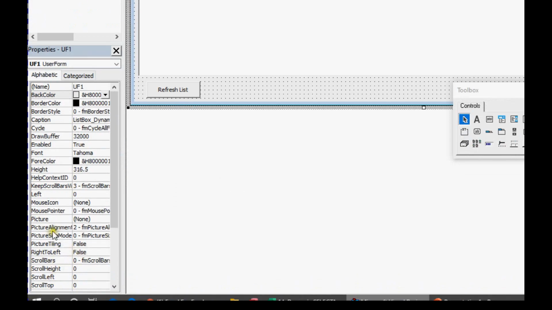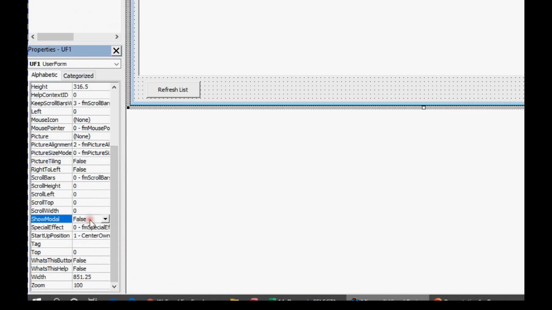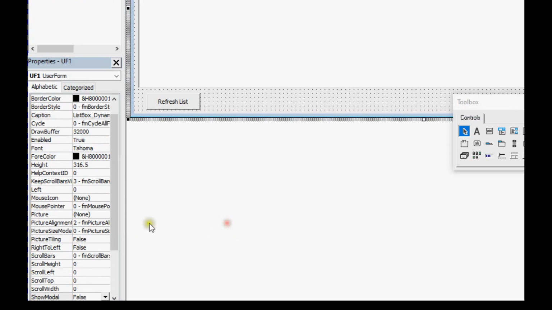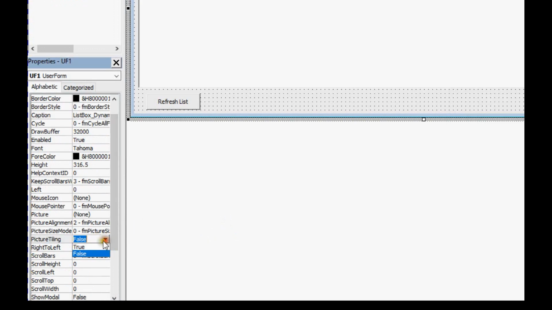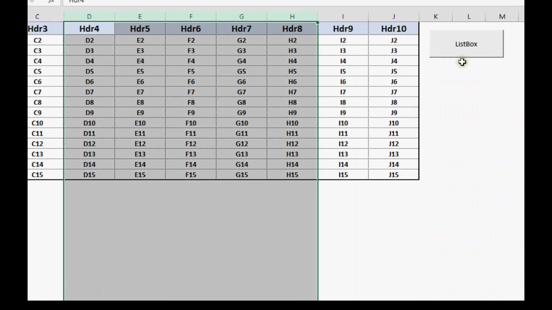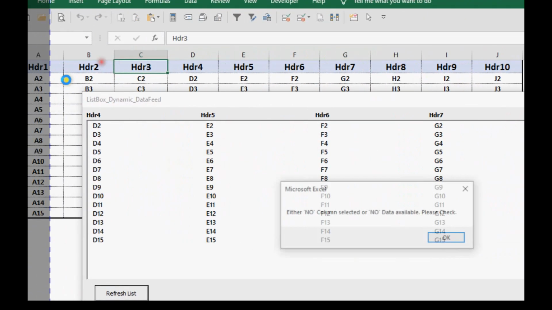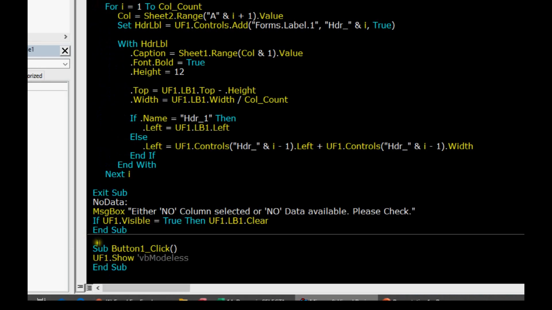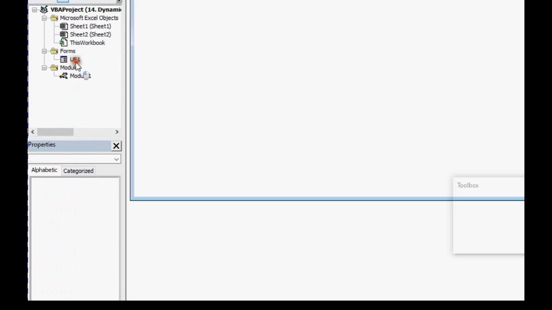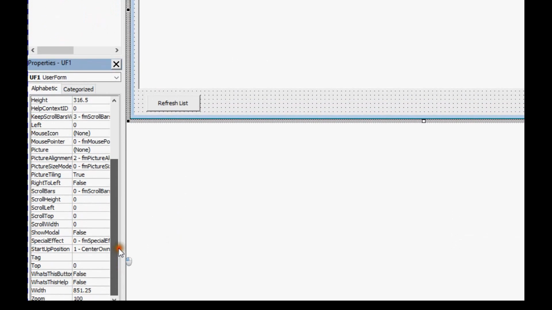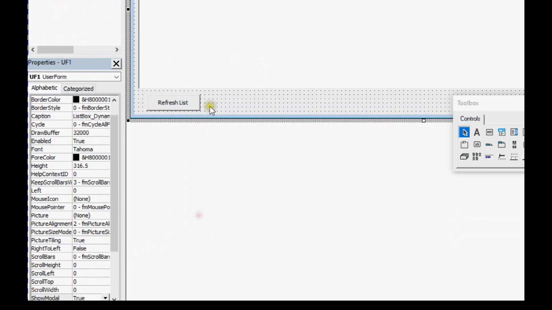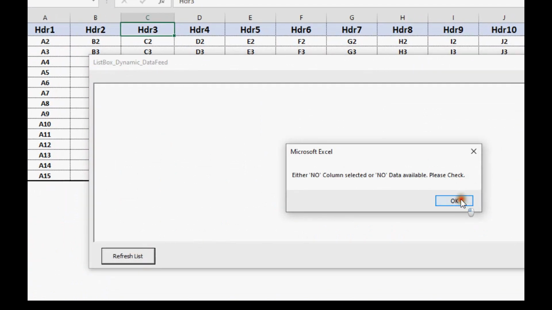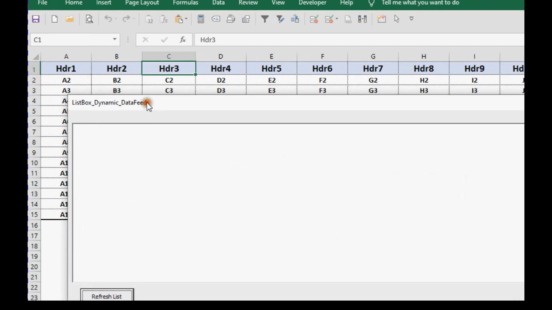But if it is true, then once the user form is populated, I cannot select. Okay, so now this user form is populated as a modal form.